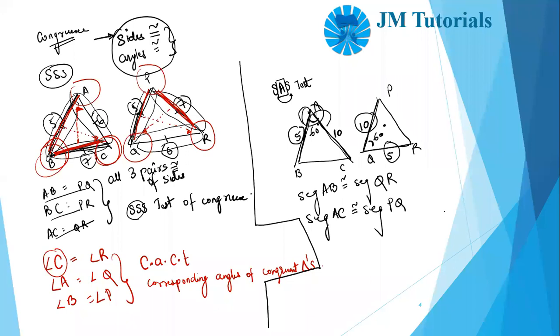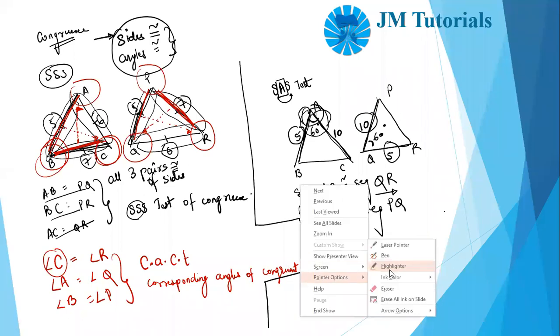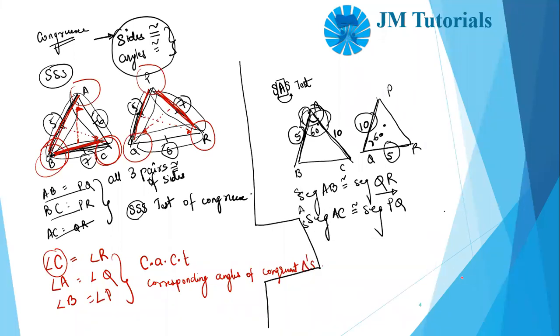And finally, you write this angle. Ideally you should write it in between, because you are saying S, then A, then S. So make it a habit to follow the test. If you are writing SAS, it's not compulsory that you write it in that way only, but it's a good way of representing that. First I'm writing side, then angle, and then side. So angle, which angle? Angle A is equal to angle, which angle over here?